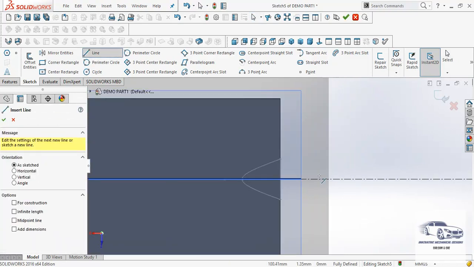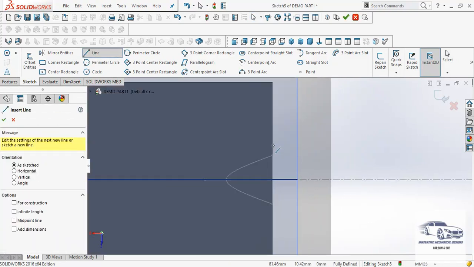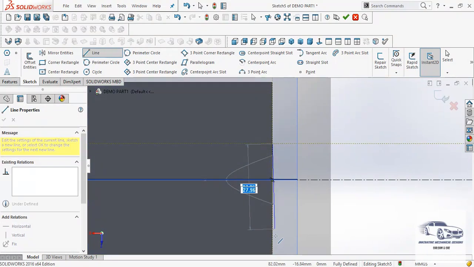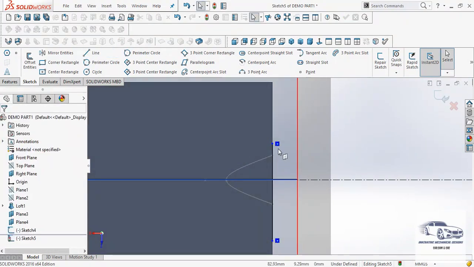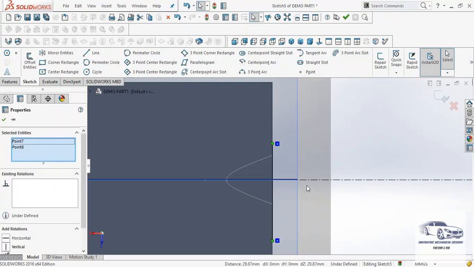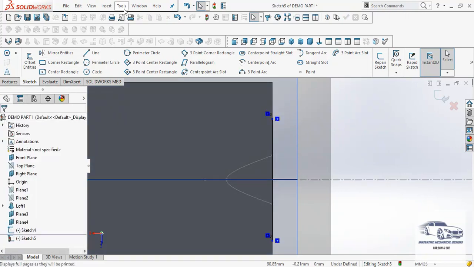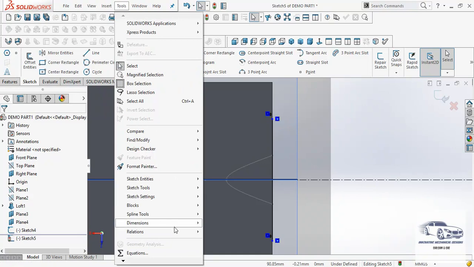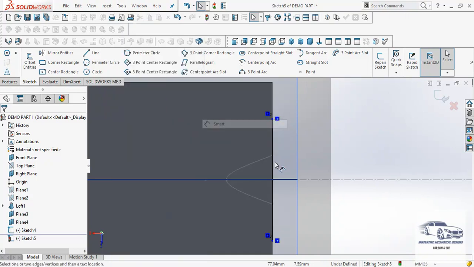And then again we will start with a sketch. We have to again make it symmetric, and then we have to give the required parameters. So I will select the central axis, symmetry,